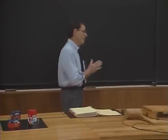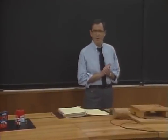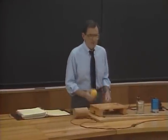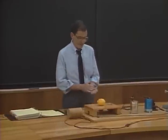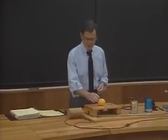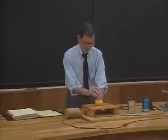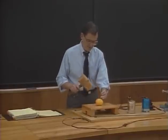I wanted to bring in a car battery to show you this morning, but when I went to the automobile showroom, it turned out that all they had was a lemon. So I thought I'd make a battery for you out of a lemon. Now, if we're going to use this as a battery, of course we have to have electrodes to take the electricity out with. So I'll just put in a zinc nail, like that, and a copper nail,